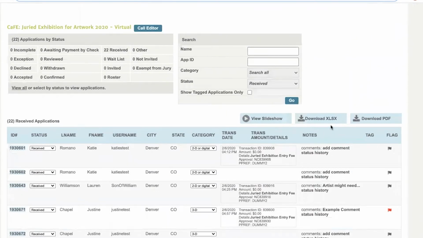And then at the top right here, we have these reports. And these reports will allow you to download the answers to the custom questions and easily pull that information to use it for your virtual spaces. So I recommend under Download Spreadsheet here, you could go to the Application Answers report, and this will show you all the answers to their application custom questions. So you can easily pull their biography, artist statement, anything like that.